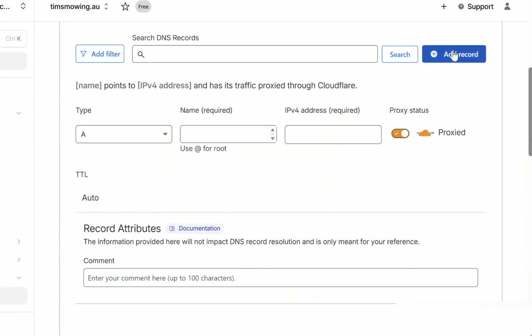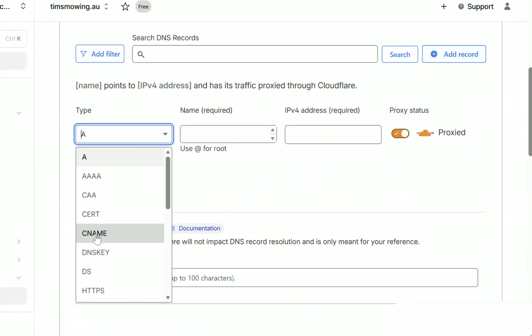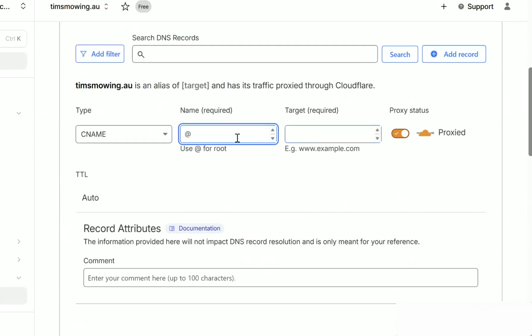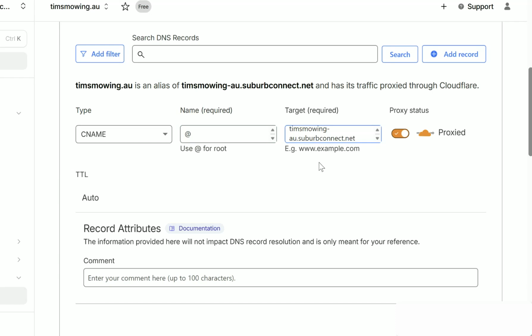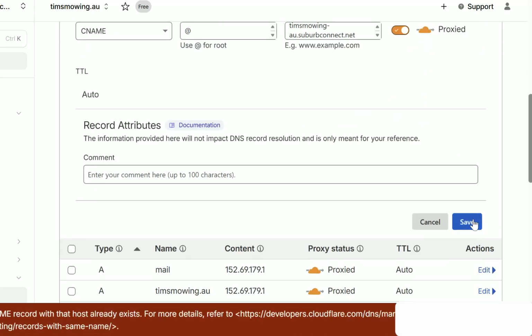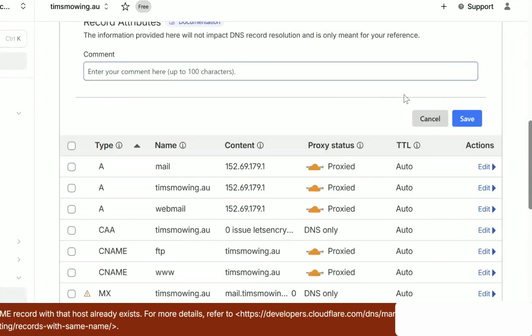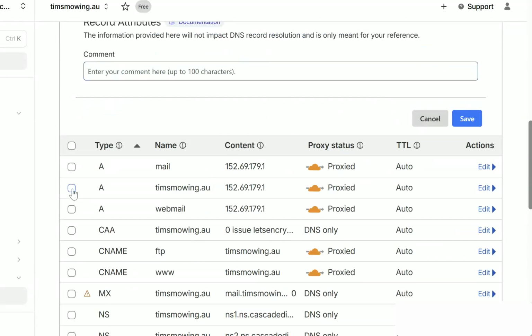So in Cloudflare, if you have your A record and you try and add a new root, then it's actually not going to let us add that record. See in the error message at the bottom, it says an A, quadruple A or CNAME record with that host already exists. So what we actually have to do here is